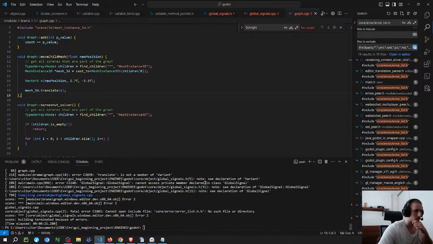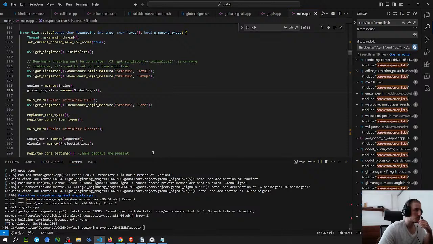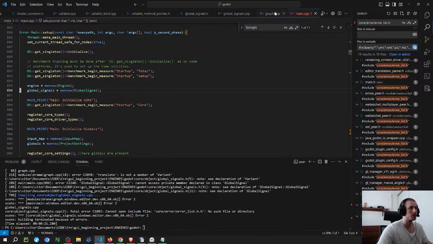So what is the other error? So it's probably the constructor I'm having as private, so I'm gonna look into the engine to see.